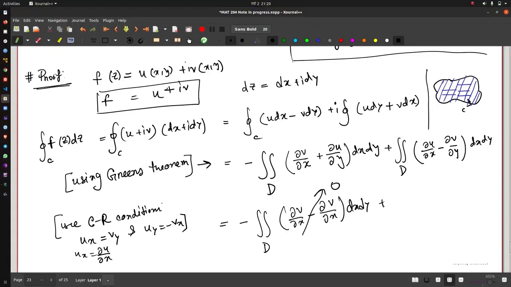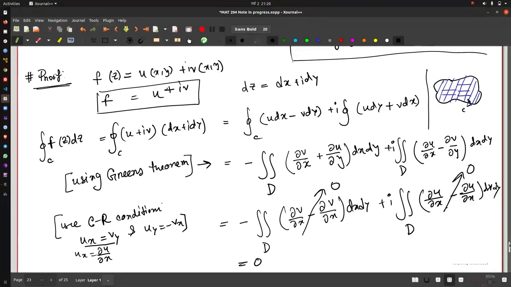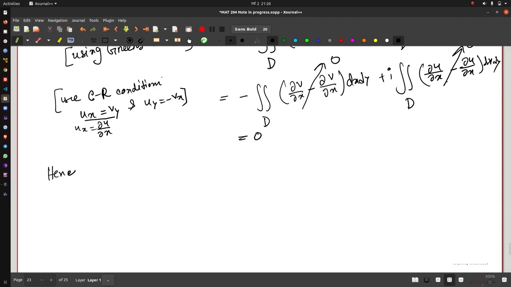This is 0, and this is the real part, right? And let's try to see what happens with the imaginary part. u_x, that means the partial derivative of u with respect to x, equals the partial derivative of v with respect to y, right? So u_x equals v_y. That means using this condition, we can also see that this also goes to 0, because if I substitute u_x, this would be just this, dx dy. So this is equal to 0. Hence, we can tell that, or we prove that, this is equal to 0 if f of z is analytic